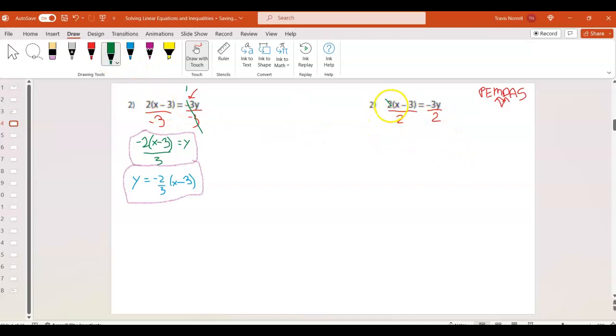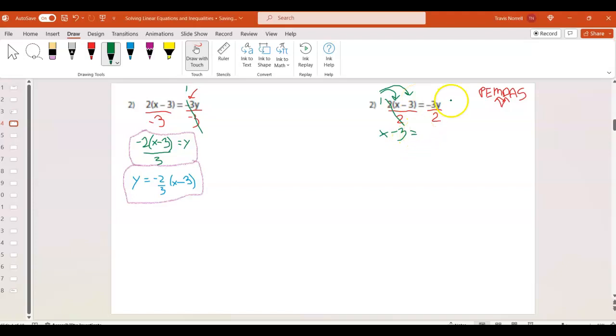So 2 goes into 2 one whole time, and this is where we come up with our distributive property. 1 times x would give me x, and 1 times negative 3 would give me negative 3. So we're left with that. What's in parentheses? x minus 3